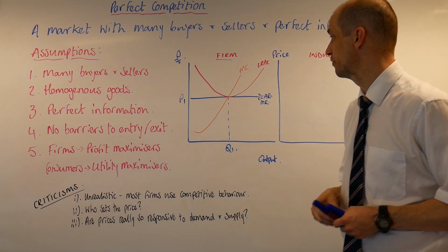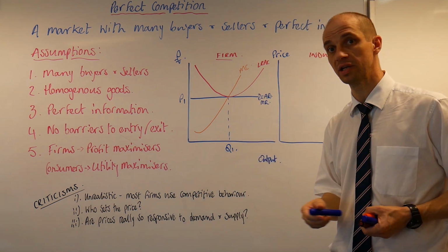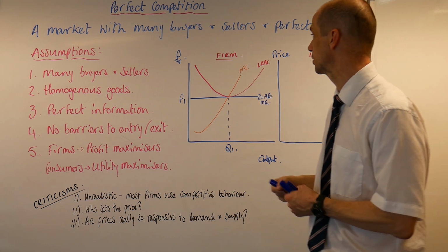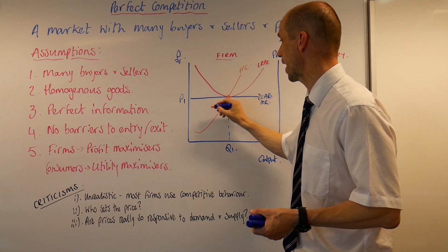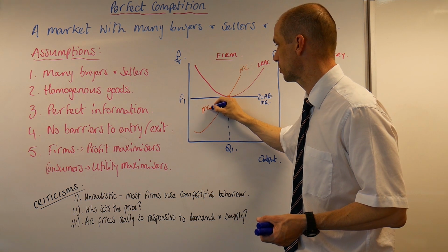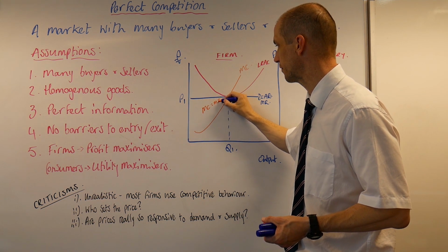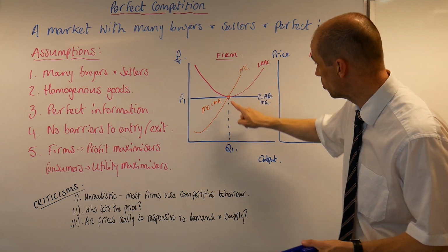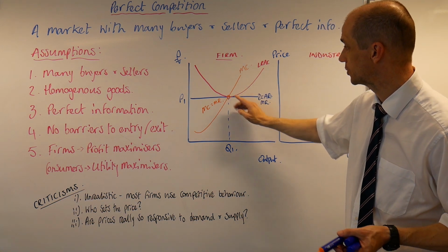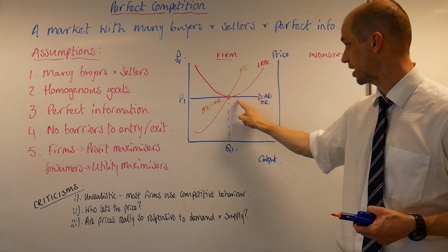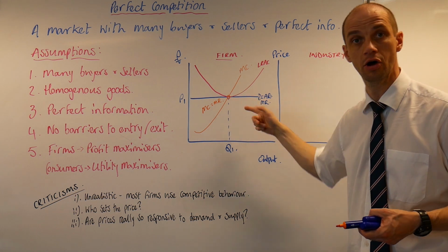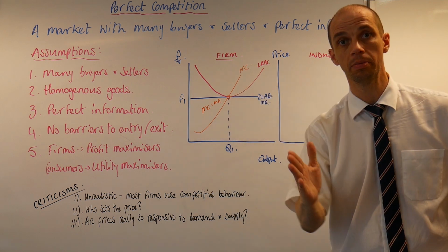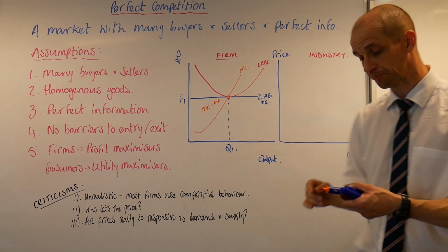Now, before we move on, there's a couple of really important things I want you to take away from this diagram. First up, we can see we're at a point where MC equals MR. So the marginal cost equals the marginal revenue. So we know that they are profit maximizers. Look what happens as soon as marginal cost exceeds the actual marginal revenue earned by this firm. As soon as that happens, they stop producing economic output.